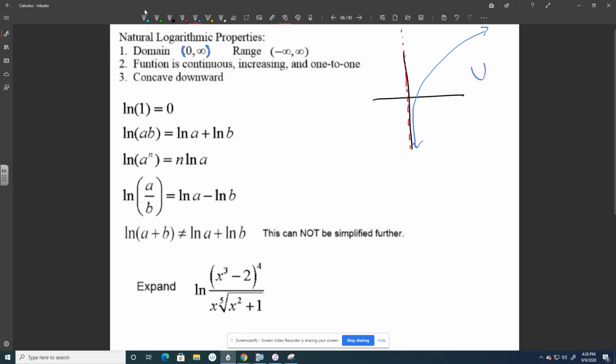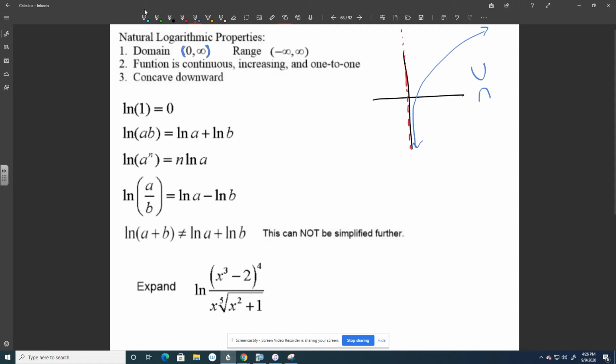Like a parabola is concave up because that's where the dip is. This one is concave down, like if you did the negative parabolas and flipped them over, those are concave down because of the way they're concaved. So a few of the properties that you need to memorize and have down